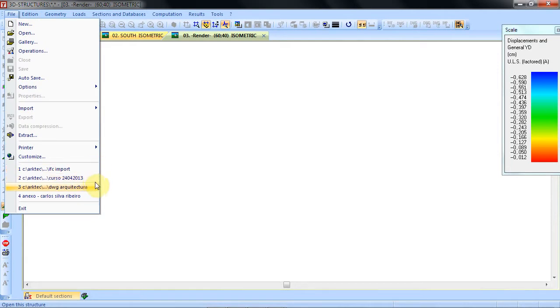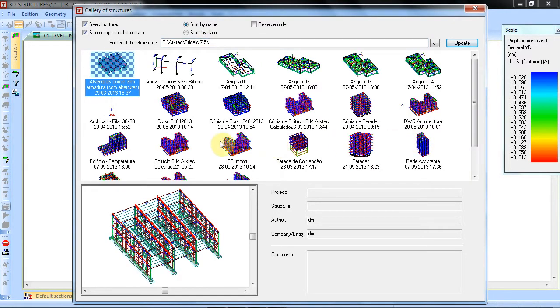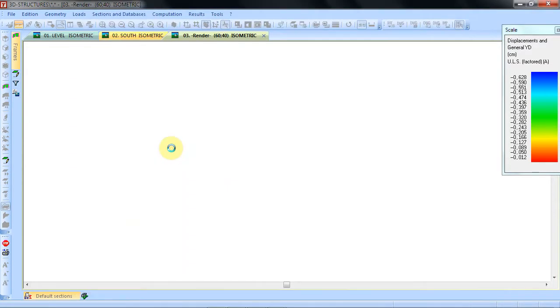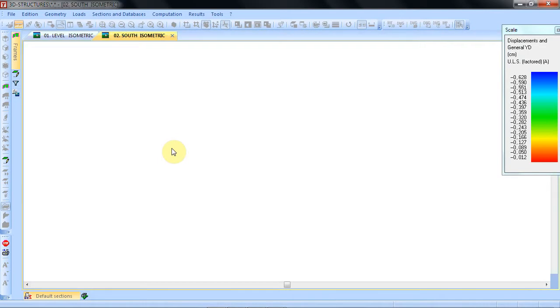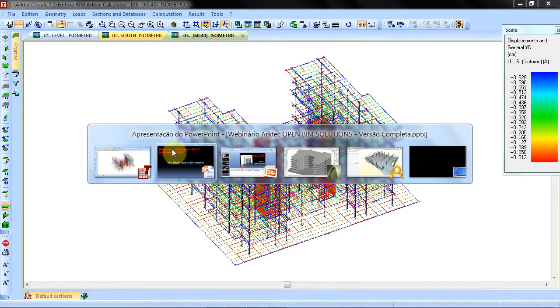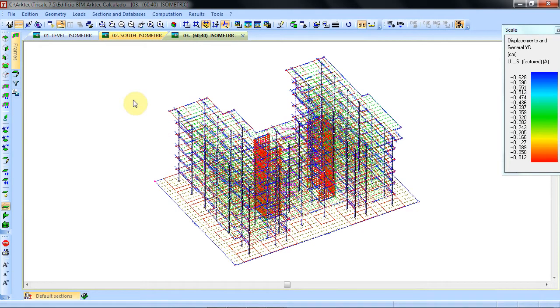So I will go to my gallery projects and call for the structure that is calculated already, and then we'll see what information TreeCalc exports to EFC. Okay, then back in TreeCalc,